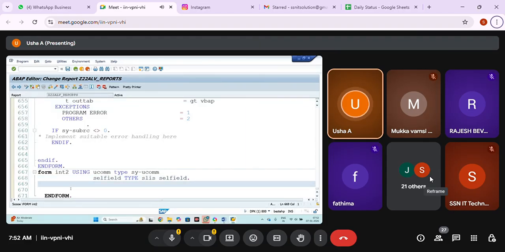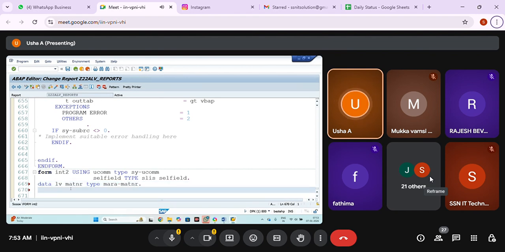Okay. Now data LV_MATNR type MARA hyphen MATNR. Dynamically I'm capturing LV_MATNR equal to cell field hyphen value.